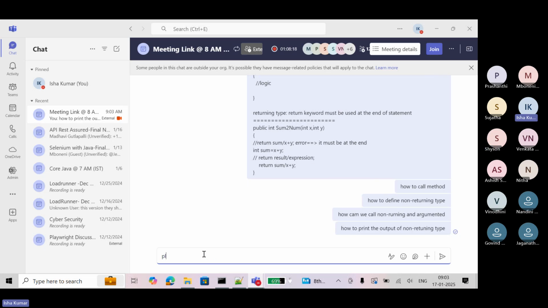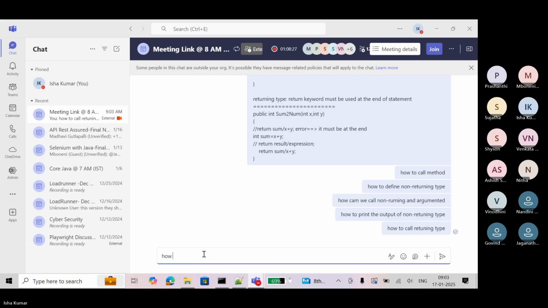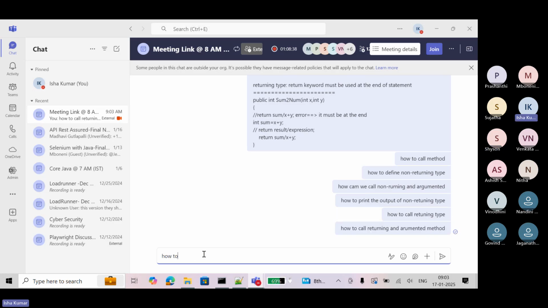Now, how to call a returning type. How to call a returning and argumented method. How to print the output of a returning type using some variable.